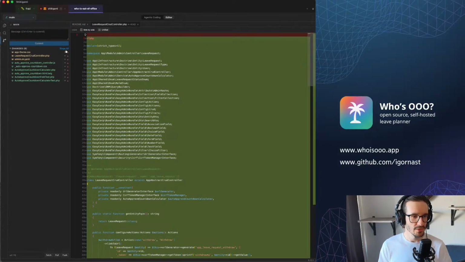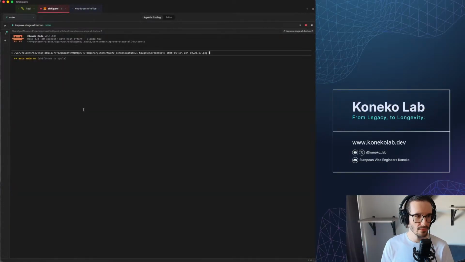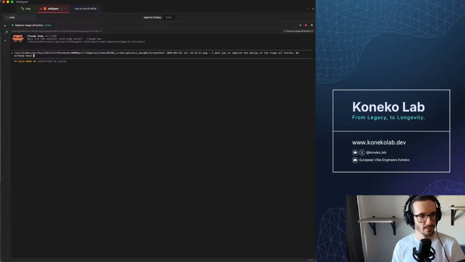Okay, so again, one more time, I'm taking a screenshot. And I want you to improve the design of the stage all button. We already have, or had, I'm not sure, a design document for it. Please verify if we still have it. If not, please